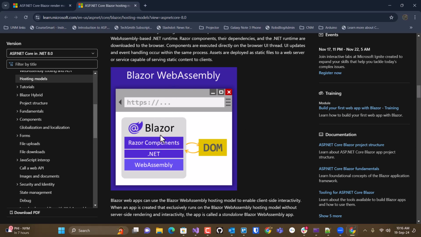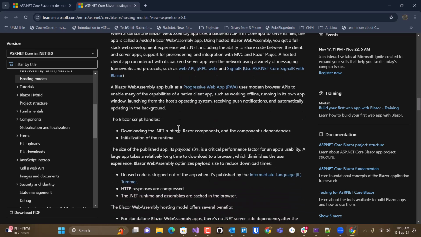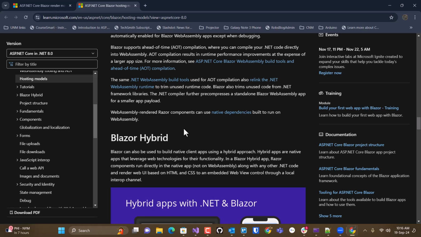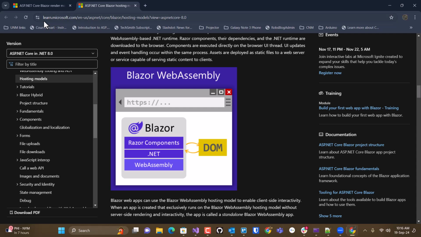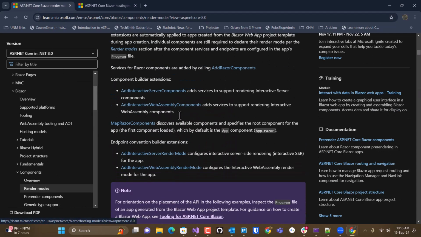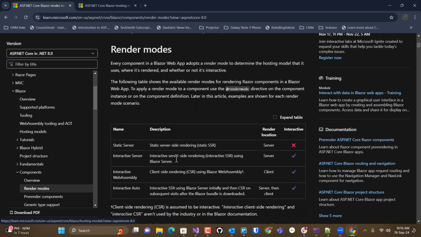So what happens is our C# code gets compiled to DLLs that are designed to run in a WebAssembly environment. Of course, Blazor does that all for us in the background. And so with this hosting model, we take advantage of it when we use the interactive WebAssembly rendering mode. Now, if we look at our project,